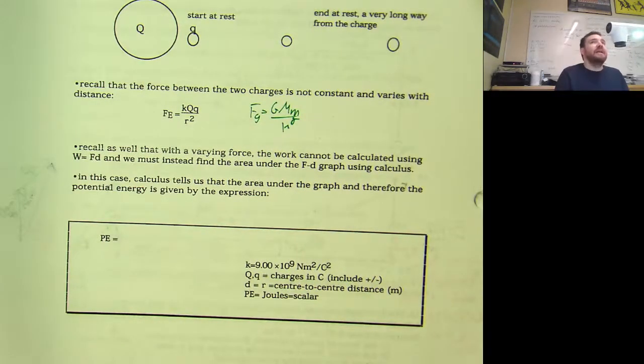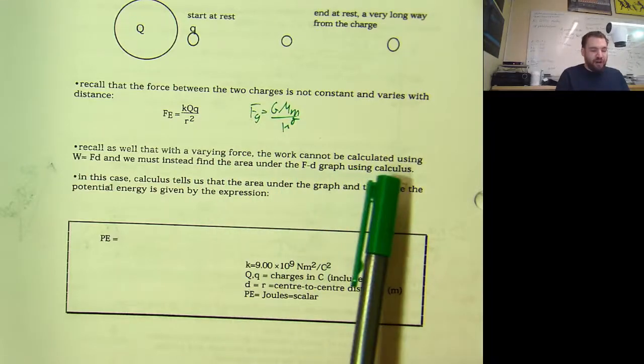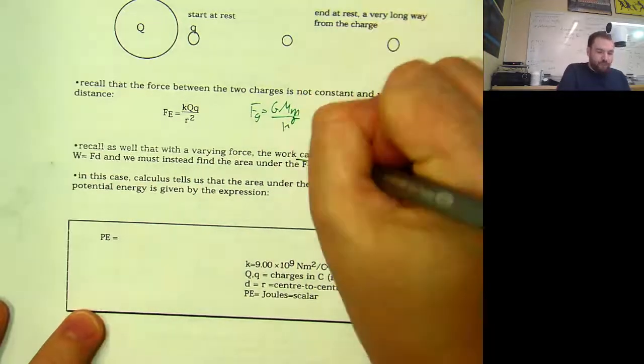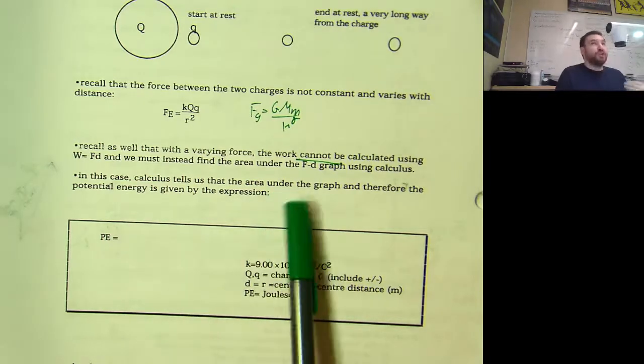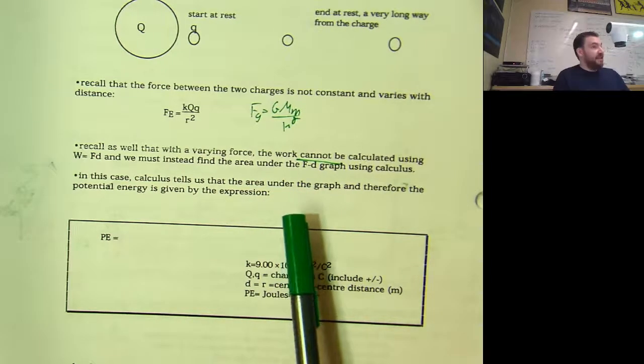Recall as well that with a varying force, the work cannot, important word, be calculated using work equals force times distance. Can't do that because the force is variable with the distance. So there's a whole branch of mathematics dedicated to this, i.e. integral calculus, but we're not going to do that because we've already kind of tried and I hurt some of you mentally. So we're just going to jump straight ahead and say, okay, well,